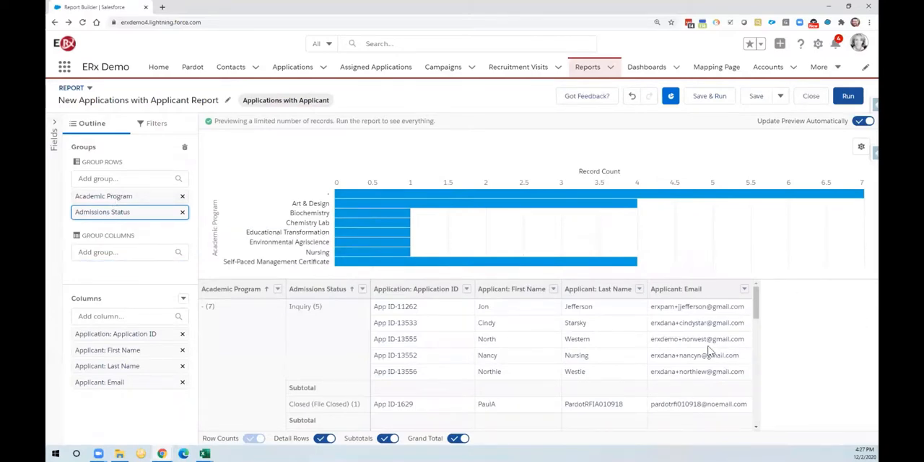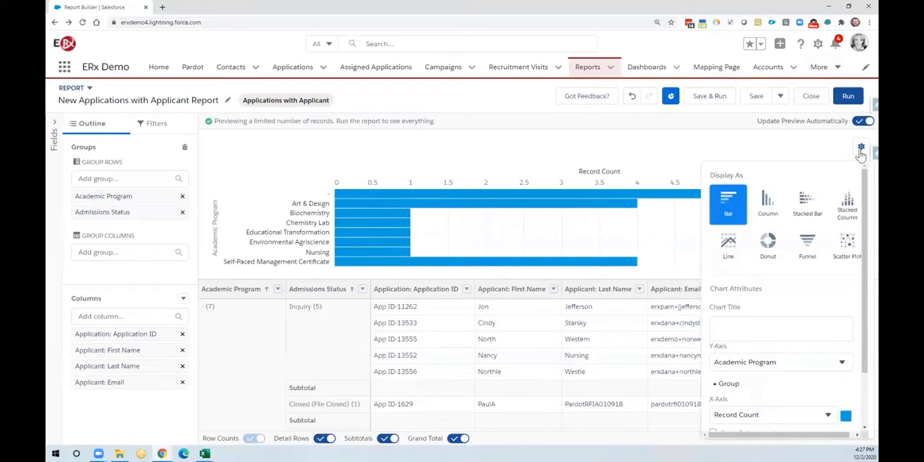I can now see my data displayed, and I can go to chart properties and I can title this chart, but this would be a good example where we have a program and an admission status where I like to use a stacked bar or a stacked column. So if I go to stacked bar,